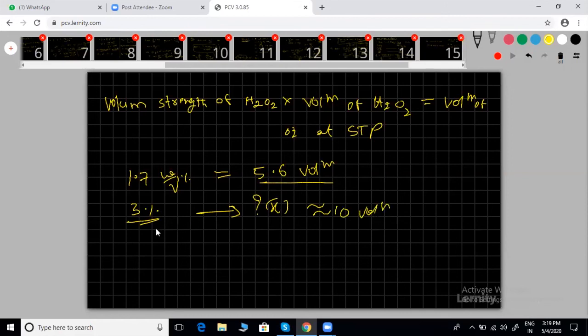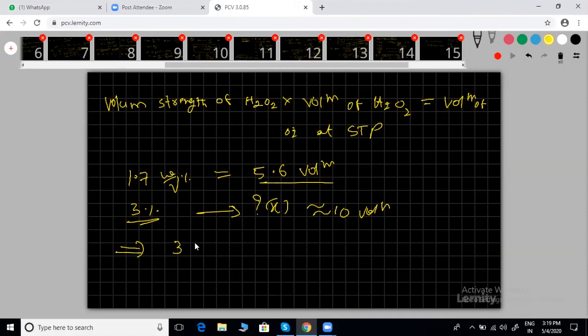This class only, nothing. So generally H2O2 solution we are marking. If you want, we can see at a medical shop also. Just go and ask, give me hydrogen peroxide. They will give that bottle. Just look at that label, how much percentage they have given. The percentage they have given is 3%. After looking, you can give it back. You don't have to buy it, that is okay. Just look at all the percentage and concentration. Measure that one, then again give it back. Any medical shop has that one.